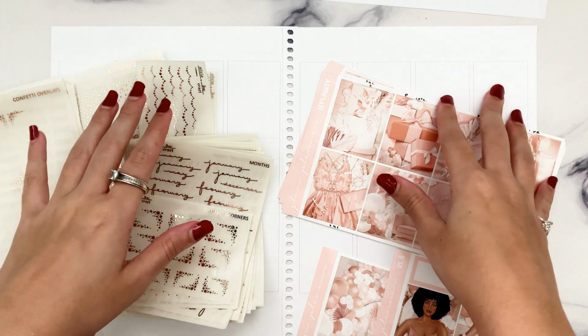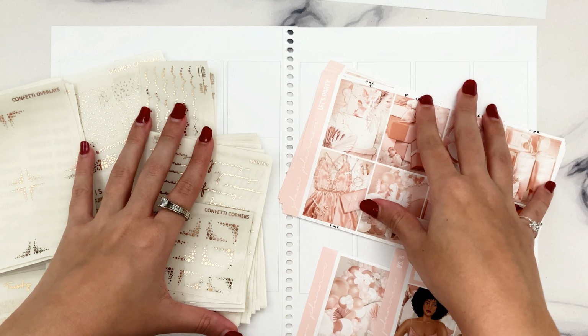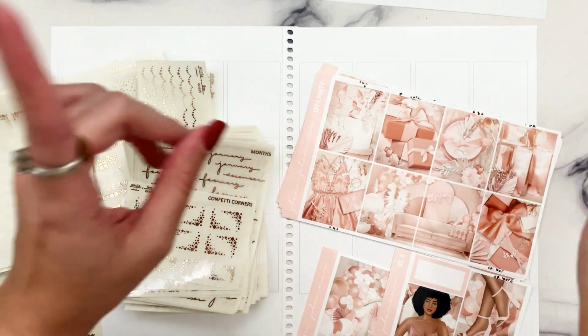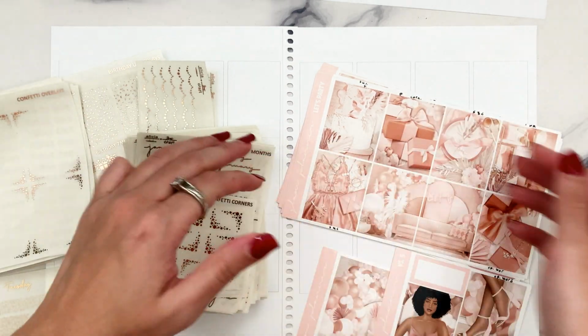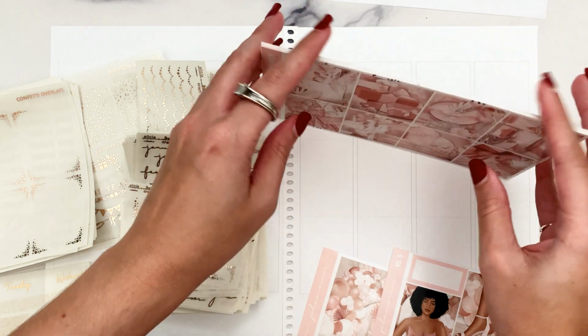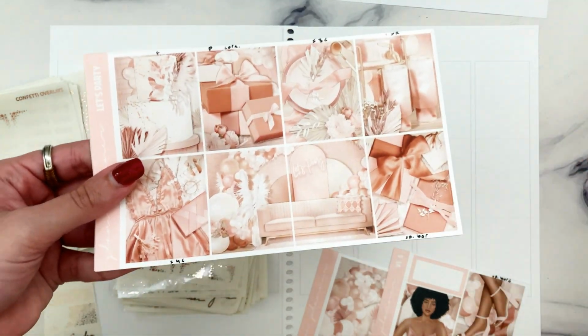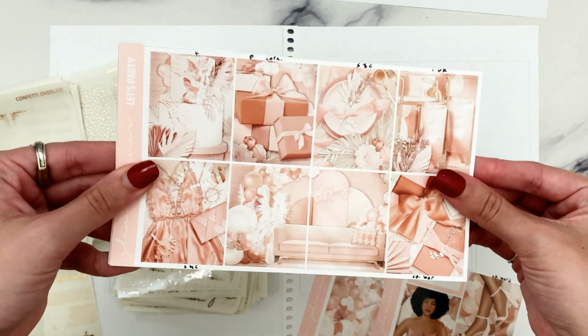Hi guys, so today I'm going to be filming a plan with me for the week of March 27th through April 2nd, I believe. This was the week that my shop turned one year old, so I'm very excited to be using a party kit for that, even though this is more of like a birthday kind of kit. I guess technically it is the 1 year birthday of my shop, so I wanted to really go all out